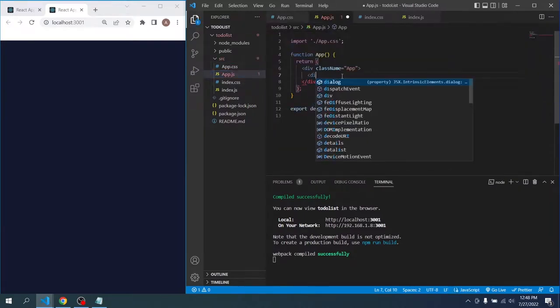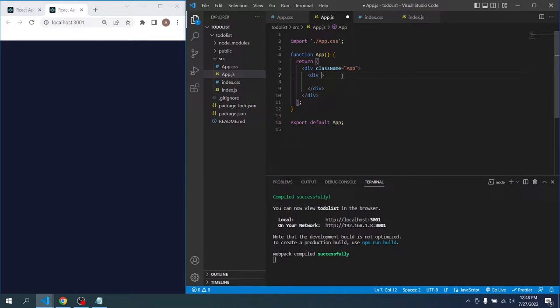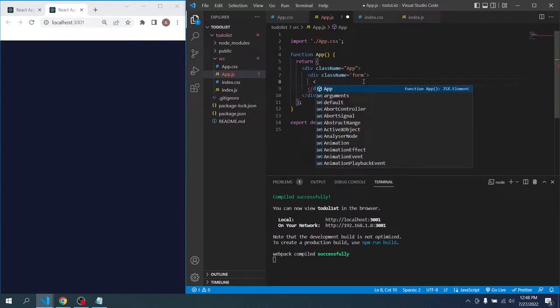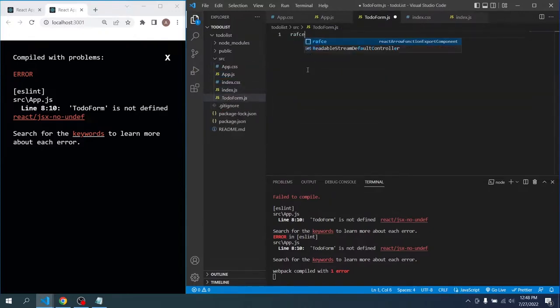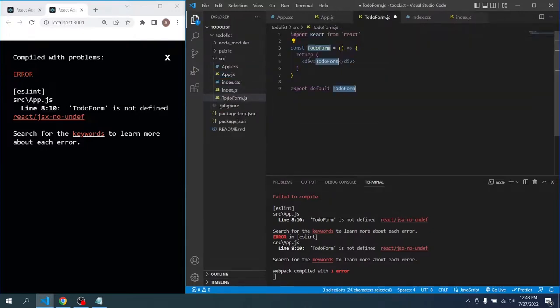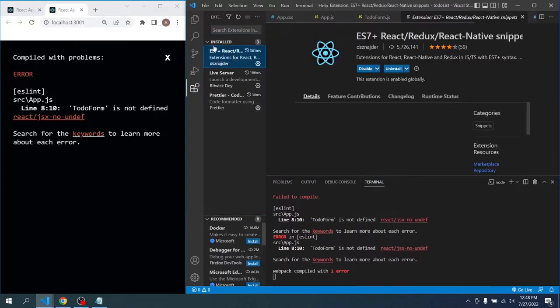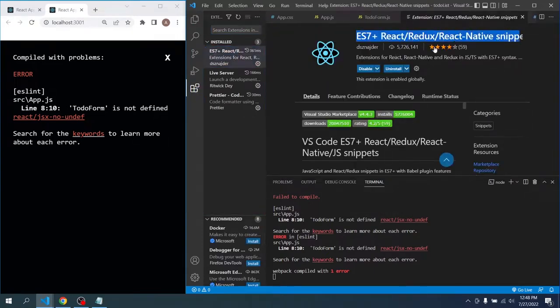Here we need a div with className form, and inside we'll need a component called ToDoForm that we'll create in just a second. So ToDoForm.javascript. Let's get RFC, so to get this boilerplate. If you want this extension, go to extensions, ES7 React Redux, just install it,